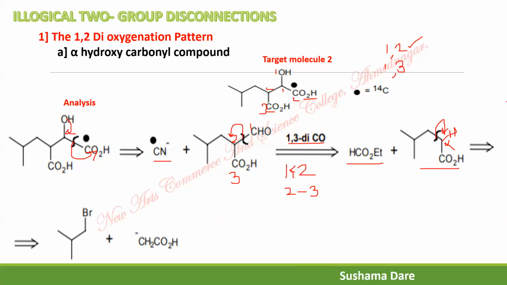So what remains is this isopropyl group, and here is the positive charge. Positive charge means simply write down the leaving group. So the leaving group is Br. Now what is the remaining part? That is COH and CH2 minus. The best synthetic equivalent for this CH2 minus COH is, yes, diethyl malonate.